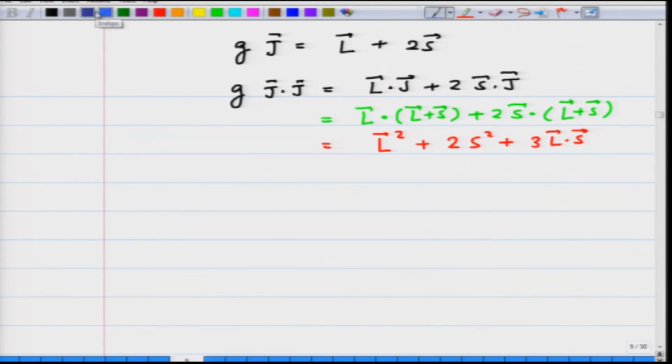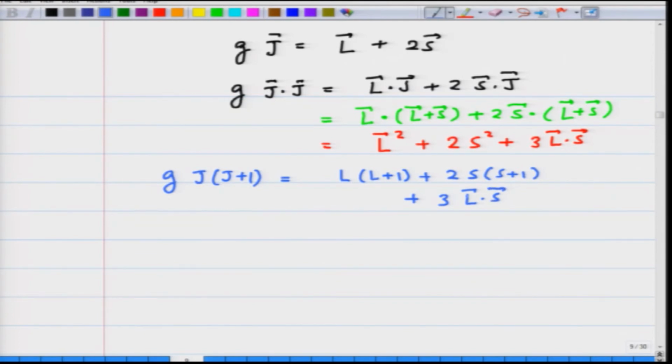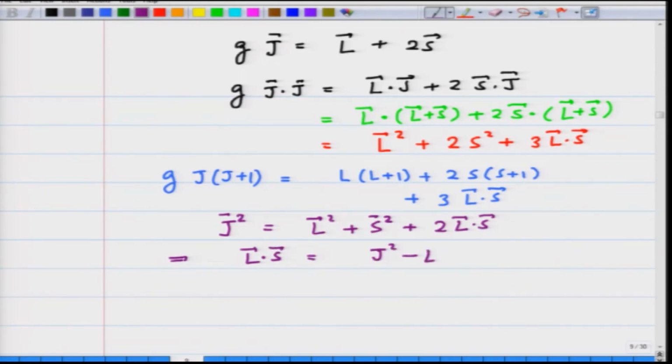If I write their expectation values, I get g J(J plus 1), this is the expectation value for the total angular momentum, is going to be L(L plus 1) plus 2 S(S plus 1) plus 3 L dot S. Let me now calculate the value of L dot S in terms of L, J and S. Remember, J square vector is going to be equal to L square vector plus S square vector plus 2 L dot S, and therefore, L dot S comes out to be J square minus L square minus S square divided by 2. Let me put vectors on top,